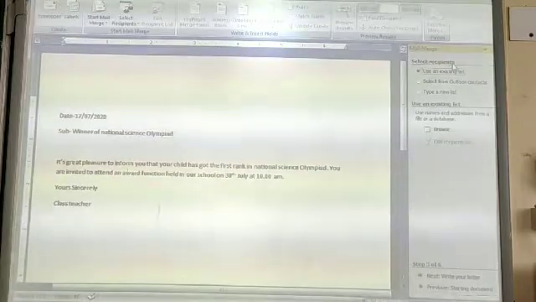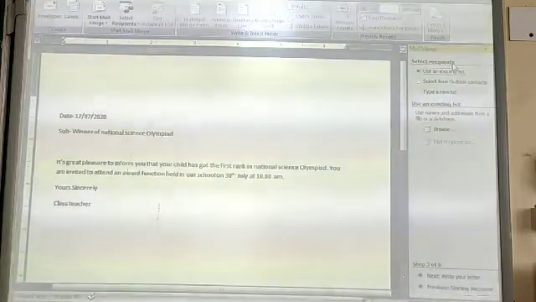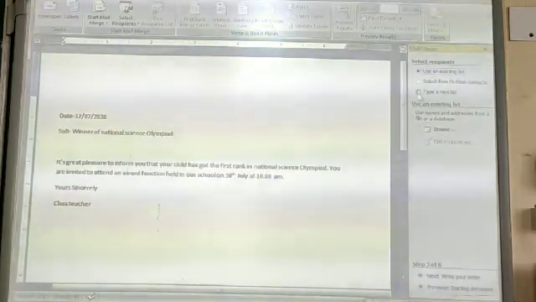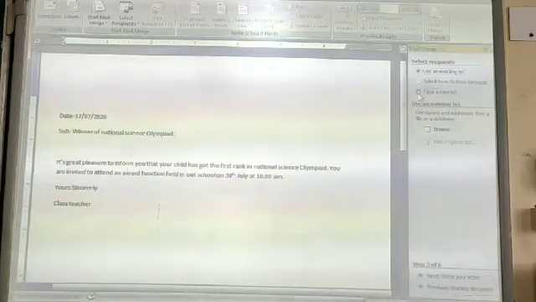You can use the contacts already saved there and send the letter to them. Or if you are using it for the first time, you can use the third option, type a new list.